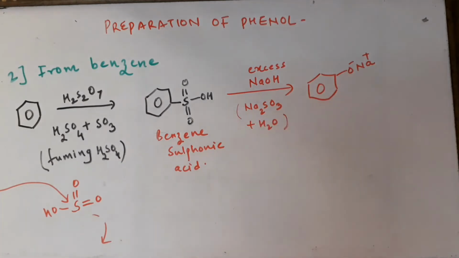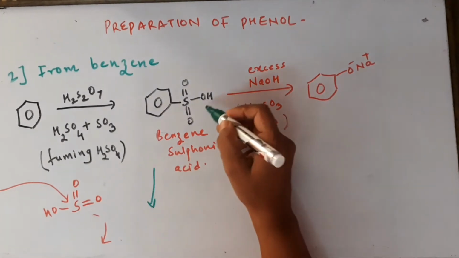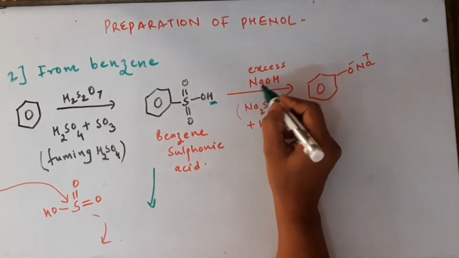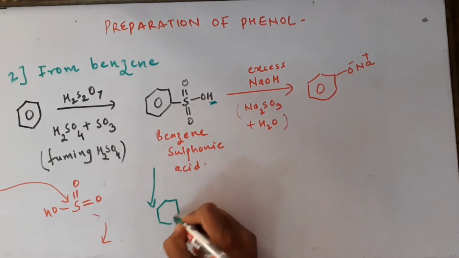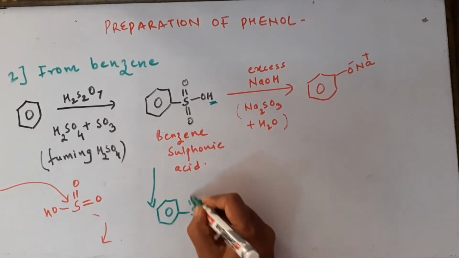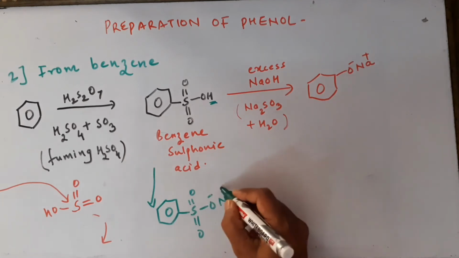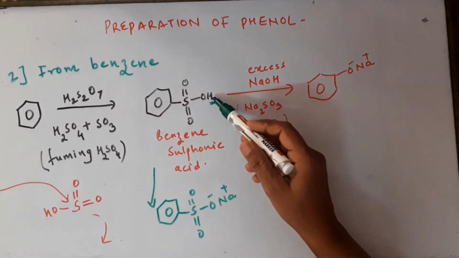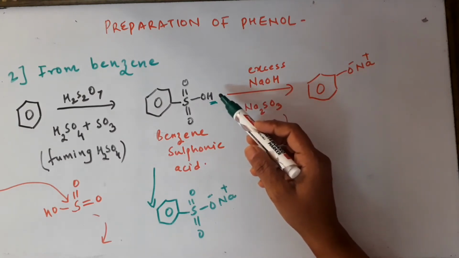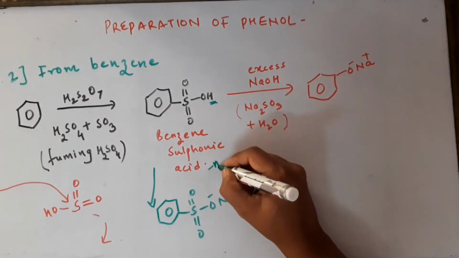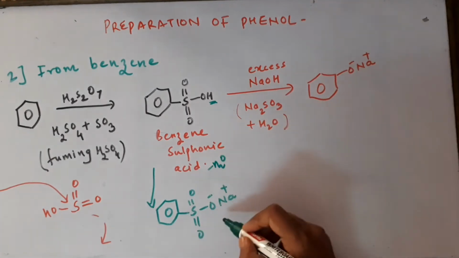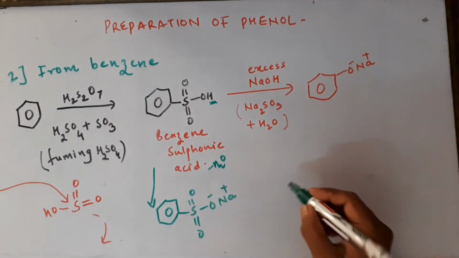Now how did this happen? I'll just show the reaction, but it is not compulsory for you to show this in exam. Let's see. Now first step, this H plus will get replaced by Na plus. So what do you get? You get benzene with SO3 bond as it is and O minus Na plus, isn't it? So you're going to get H plus knocked out from here and the OH minus knocked out from NaOH, and the byproduct was water. Sodium benzene sulfonate is the salt which is formed.